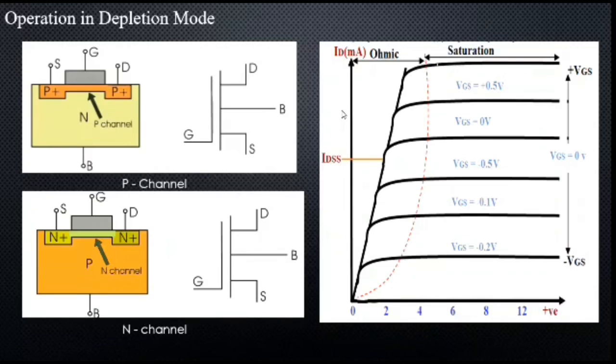The small amount of voltage at the gate terminal will control the current flow through the channel. The channel formed between the drain and source will act as a good conductor with 0 bias voltage at the gate terminal. The channel width and the drain current will increase if the positive voltage is applied to the gate, whereas it will decrease when the negative voltage is applied. See, if the positive voltage is applied, the drain current is increased, and if the negative voltage is applied, the drain current is decreased. This is how a MOSFET works in depletion mode.